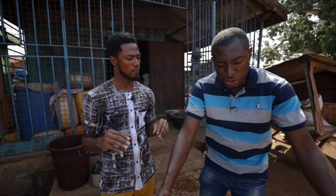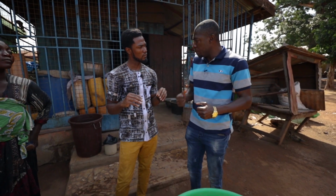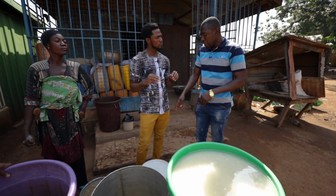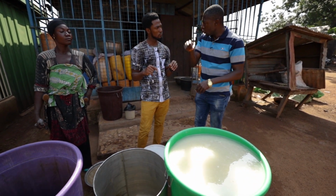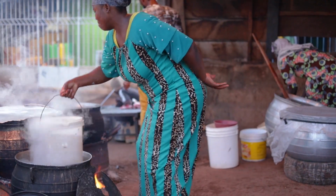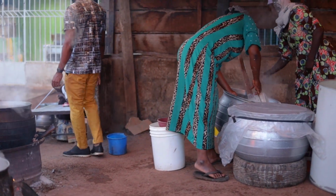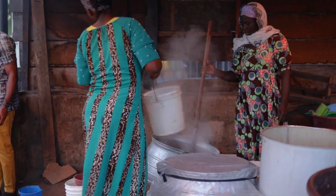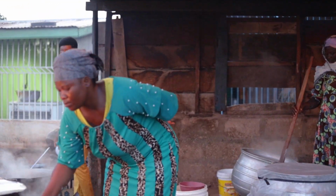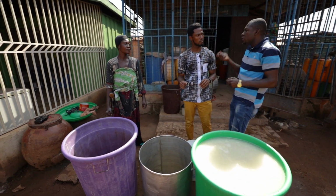So when it has settled down, she collects the komisum. They will now boil it until it gets to a certain level. Then they will add the darigi into it. To add it, they don't leave it on the fire. They fetch the hot water into the pan that they use for the porridge, to the level that they want to prepare the porridge with. Then they add the darigi to it and stir. As they stir, they keep adding cool water, stirring until it gets to the level that they